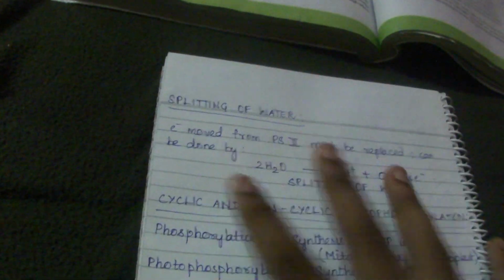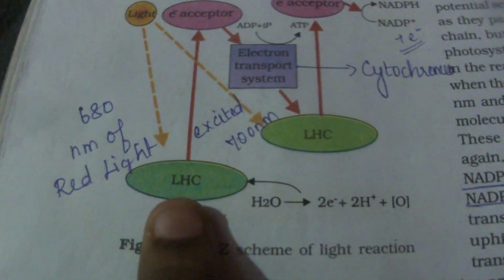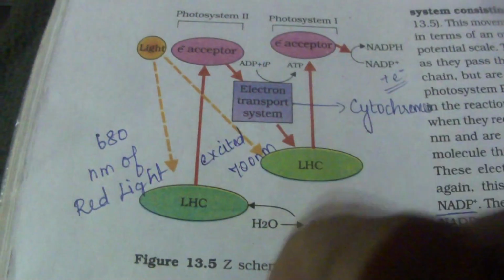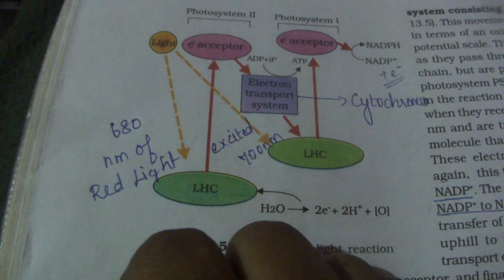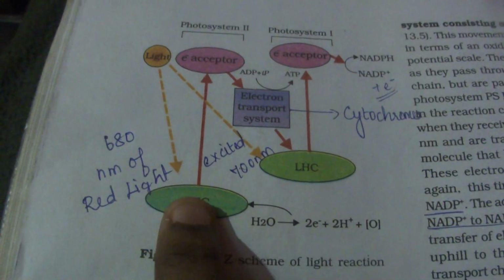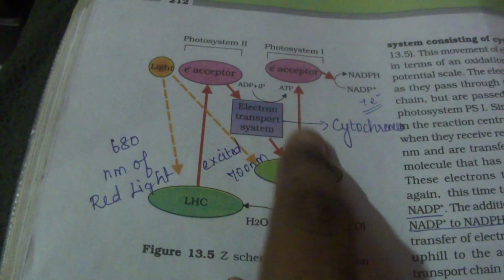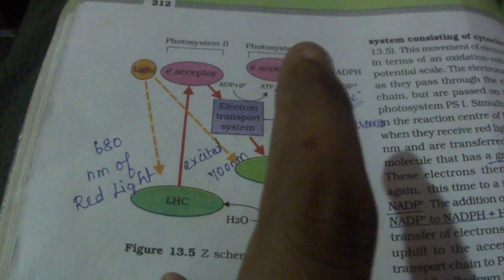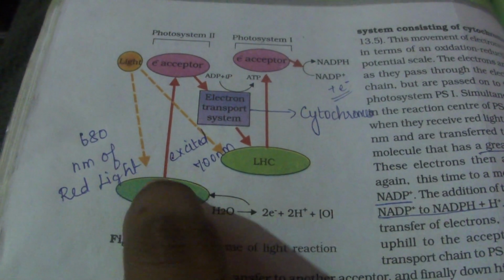The next thing we have to know is about splitting of water. That is the second step of light reaction. In this diagram we saw that the electrons get excited, they go here and the cycle continues, right? So for this complete cycle to continue forever, the electrons which are moved to the other places must always be replaced. Am I right? Only then would the cycle continue forever. So how are these electrons replaced?